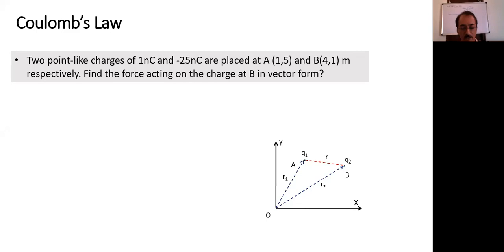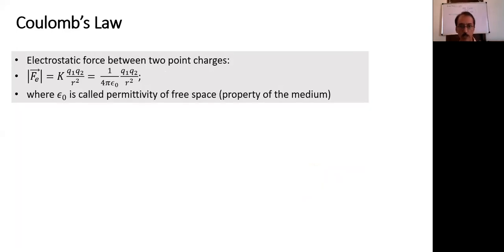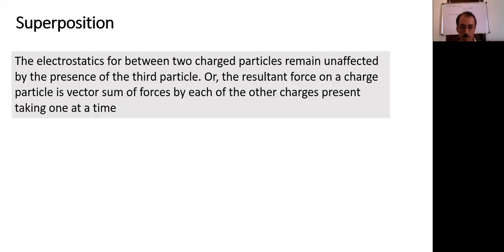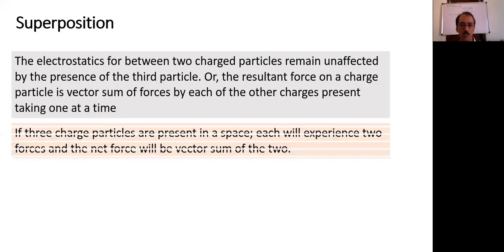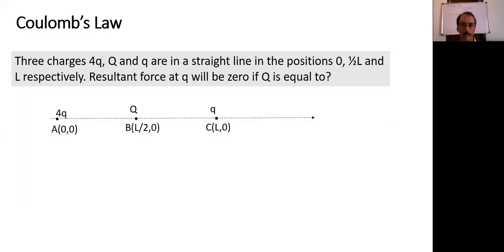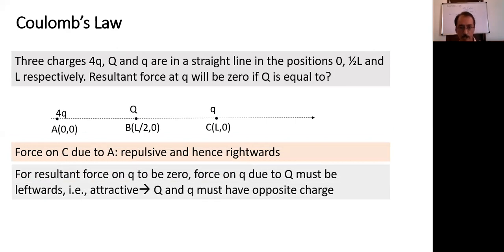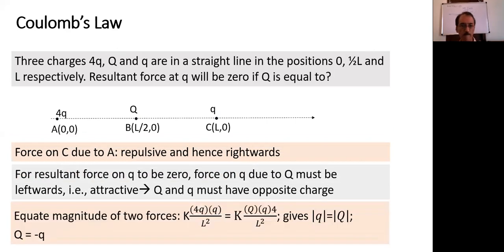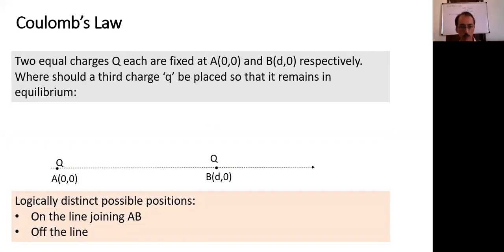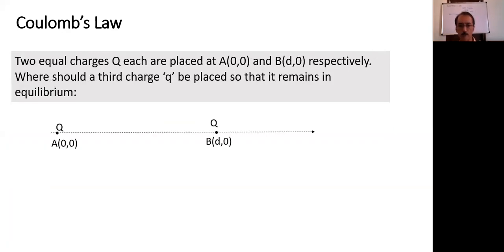Okay. So we understand difference. I hope we understand vector form also. We have dealt with superposition. What does superposition mean? This is a vector sum. We also came across a question of equilibrium. Just go through that question again on equilibrium part also. So this is vector form. This is medium effect. This is superposition. And then application of superposition in case of 3 charges placed on a straight line. When it is placed in a straight line, plus minus sign is enough. So we dealt with one of those equilibrium questions, where the particle should be placed.